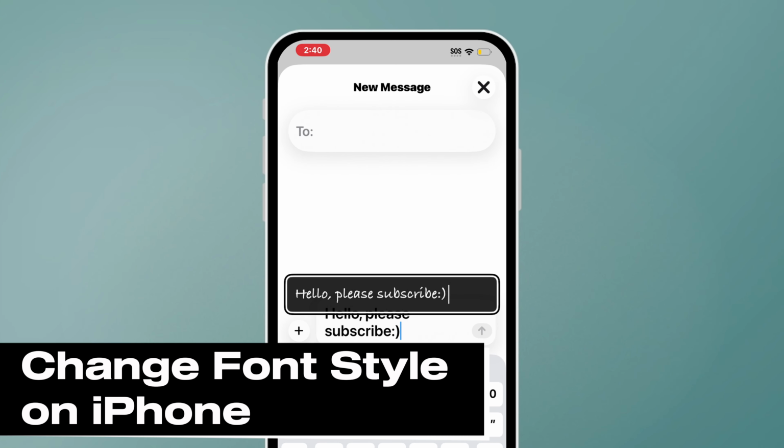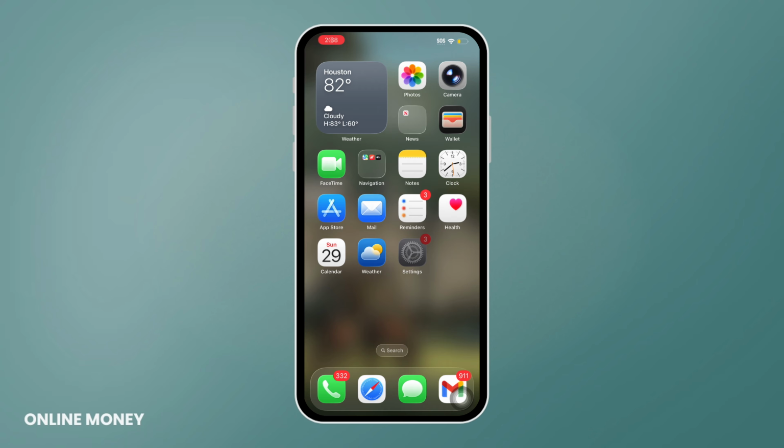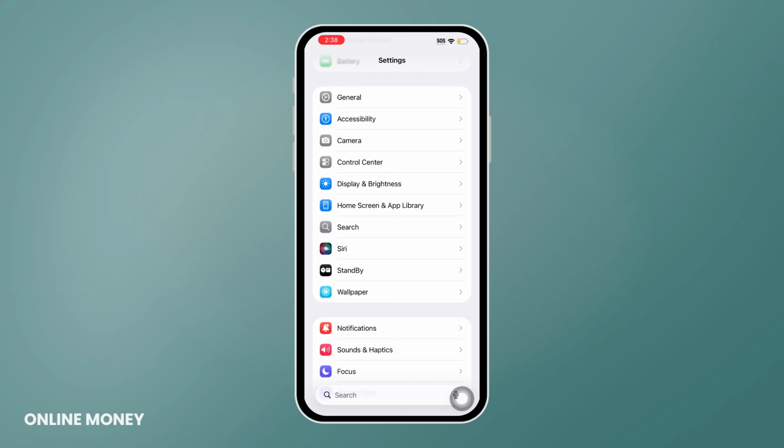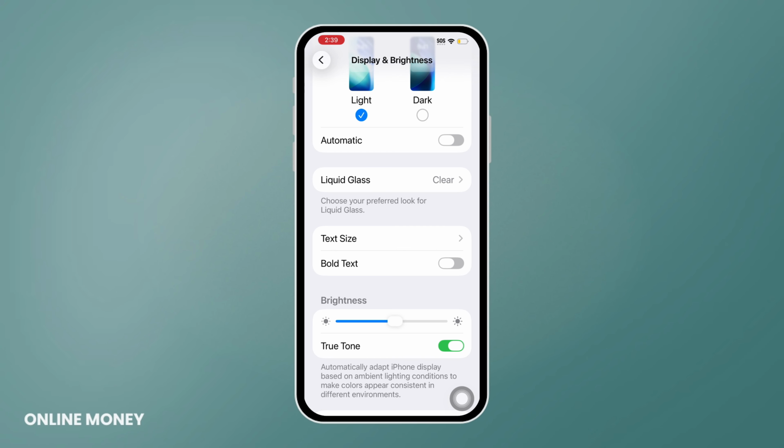Want to change the font style on your iPhone running iOS 26? Let's make it easy. First, open the Settings app. Scroll down and tap Display and Brightness. Here, you can adjust text size by dragging the slider and toggle bold text to make fonts thicker and easier